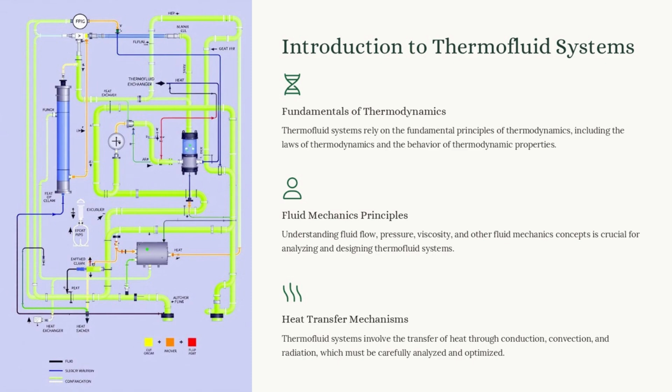Heat transfer through conduction, convection, and radiation plays a key role in thermofluid systems and needs to be carefully analyzed and optimized. This slide provides a high-level overview of the key technical foundations that underpin thermofluid systems. I'll dive deeper into each of these areas in the upcoming slides to give you a comprehensive understanding of how